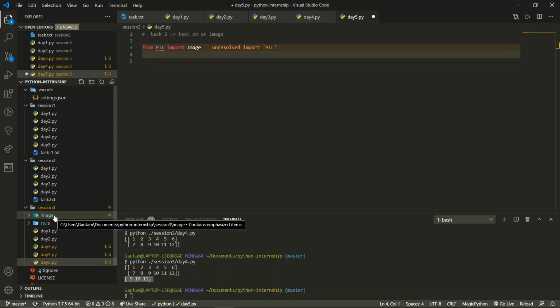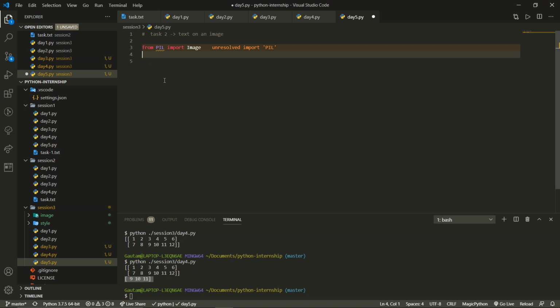Now we're going to take this path. Either you can go directly with the path, or you can go for the OS module, because if you share this particular file with someone else, they will have other paths, and changing that path is not compatible. So what we actually do is make things compatible by getting the path of the particular location.